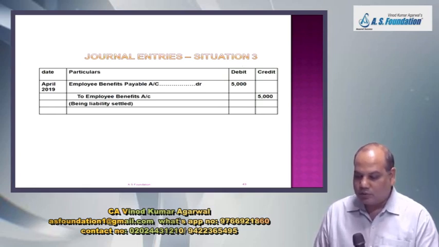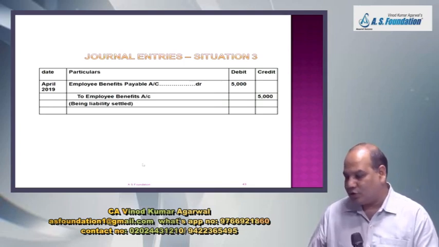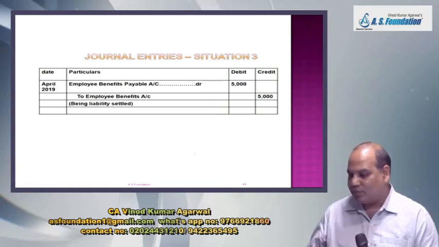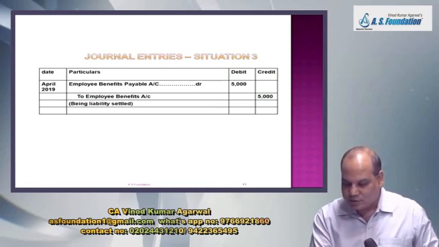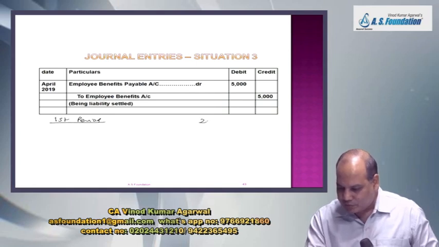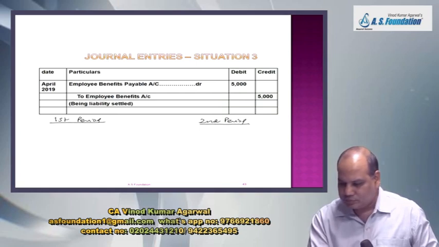Situation 3, write down April 2019 employee benefits payable account debit to benefit account. Okay, right. Now we will see the logic once again in this third scenario, and maybe you will be convinced in that case. Let us call it first period, second period. In first period,